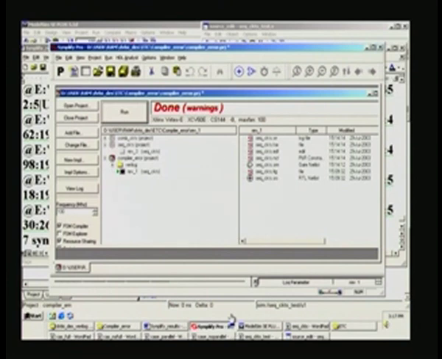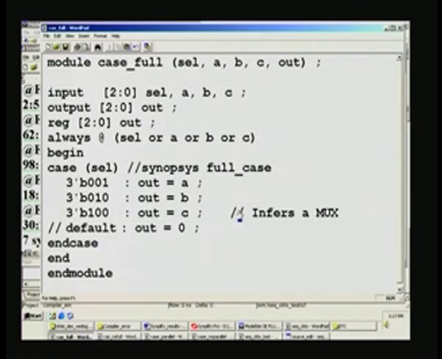So, next we will move on to, we have been dealing with RTL coding guidelines. So, we have covered synopsis full case, then synopsis parallel case, etc. We will take up those files independently and see how the optimization really works, right. Let us have a look first at the source code for the full case. This is called the full case here,